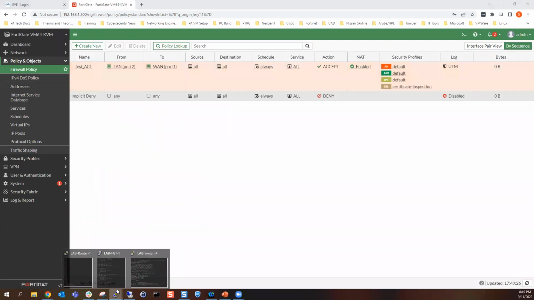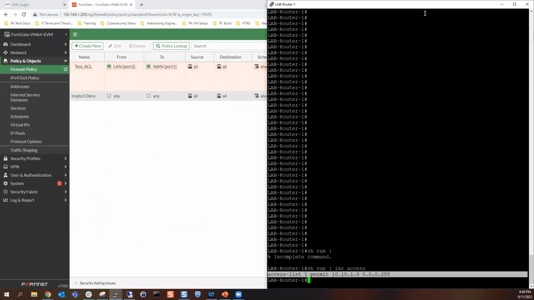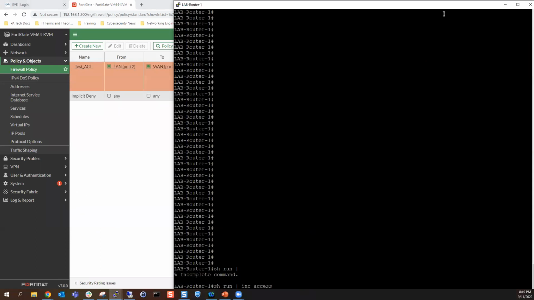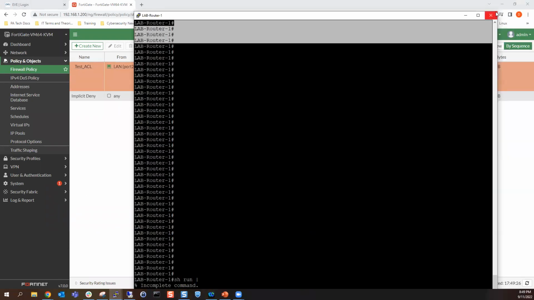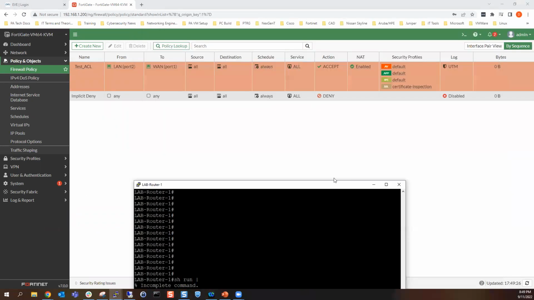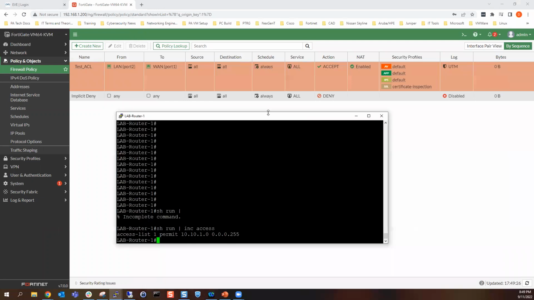All right, and let's look at the difference, right? Let's look at the difference between that old school ACL, scan this down a little bit, versus the ACL on the FortiGate firewall or next generation firewall. Very granular on the FortiGate, right? And so this is exactly why, right? If Brian was coming in, or any of you cybersecurity